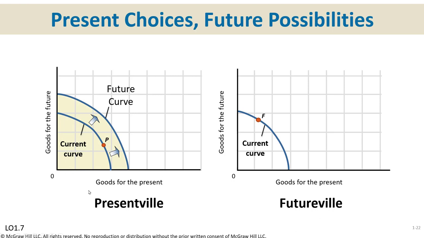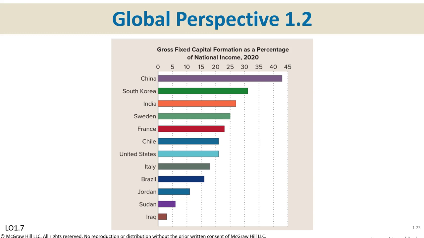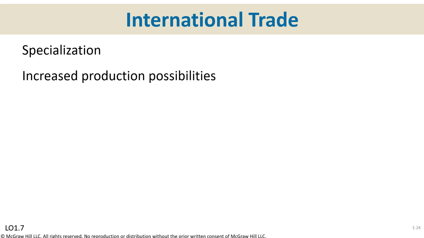Increases in technology. Think of your cell phone. What can it do now? I'm old enough to remember when the cell phone did nothing but call people. Now look at it. And again, a nice, lovely little graph talking about other aspects as far as resources that are available. Then lightly, later on, we'll talk about international trade and how that affects the ability to actually have more resources. You're not limited by what you have locally.